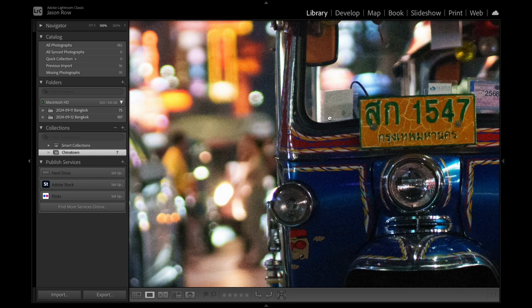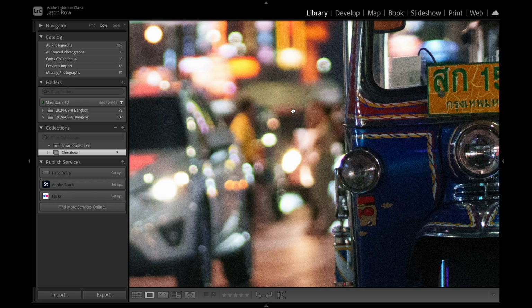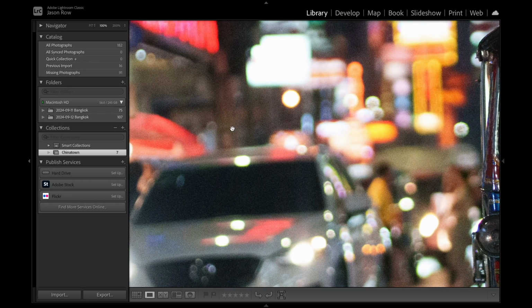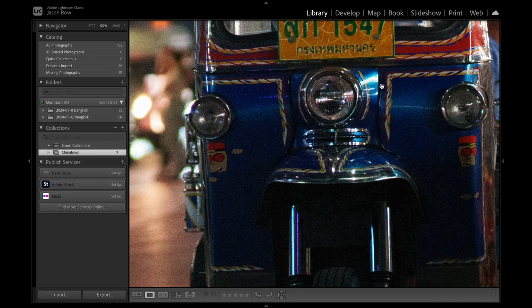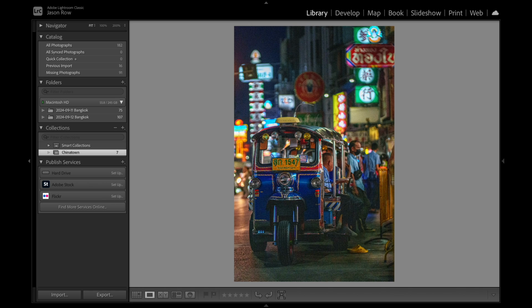And again, if I zoom in, that is really nice. In these highlight areas you can see some noise, but again it's really, really uniform sort of noise, and it really actually looks quite film-like. In low light situations you tend to lose contrast at high ISOs, but this really has not happened in this image. If I go to the next one,